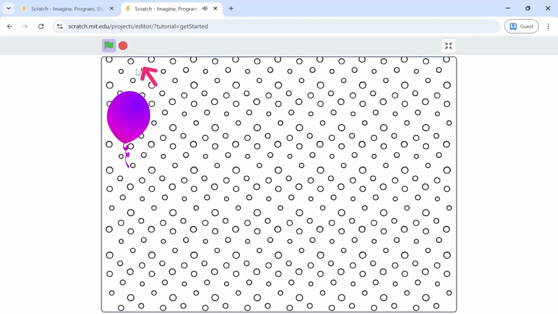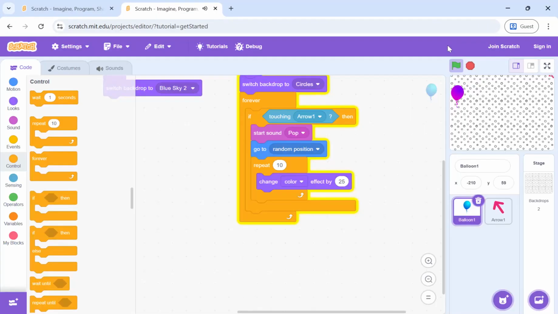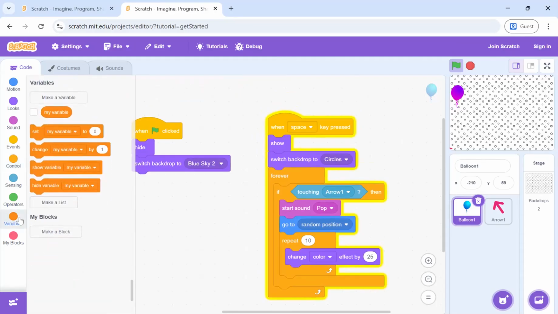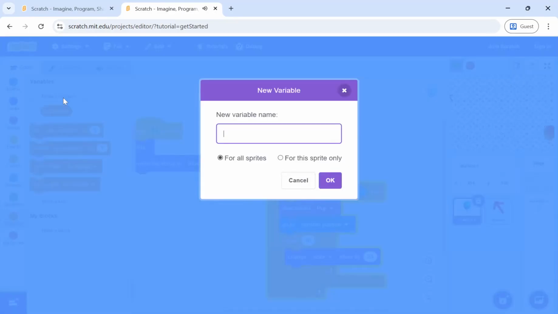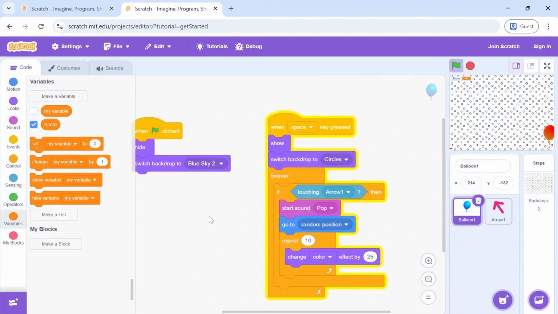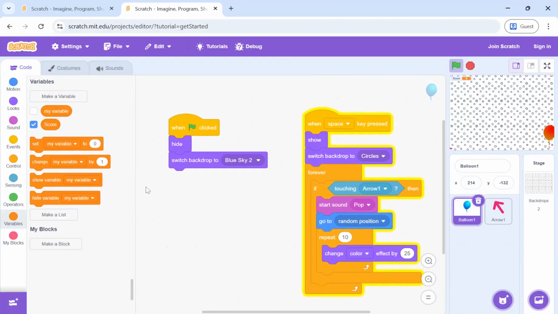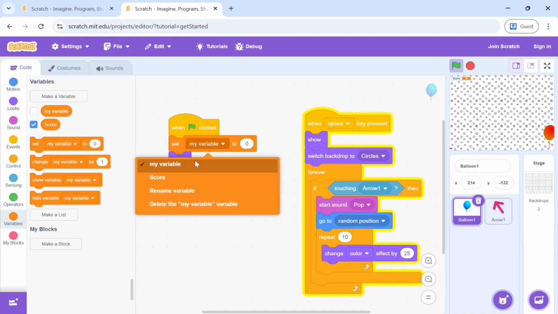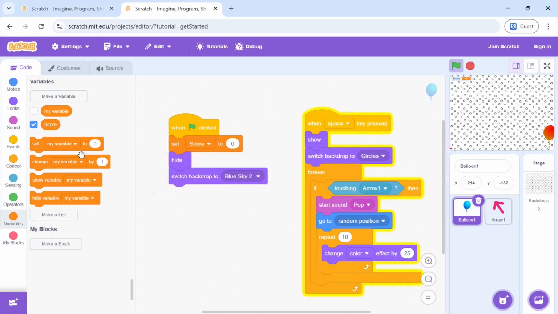Yeah, done. Now comes the coding part, the variable parts. We have already discussed score variable. I'll create score variable, and when the flag is clicked, I want variable to be set to 0, and when the arrow touches balloon, then the score should be changed by 1.